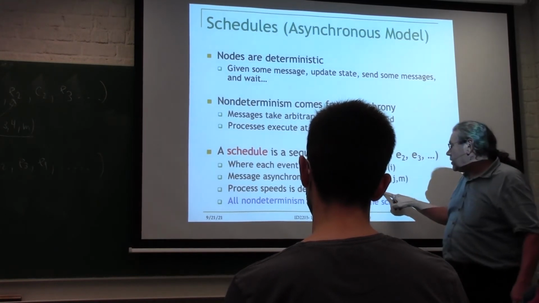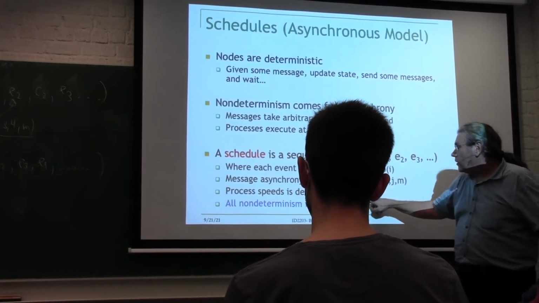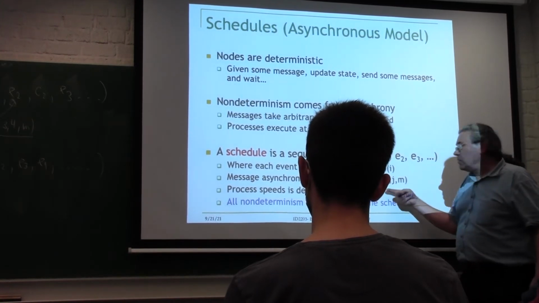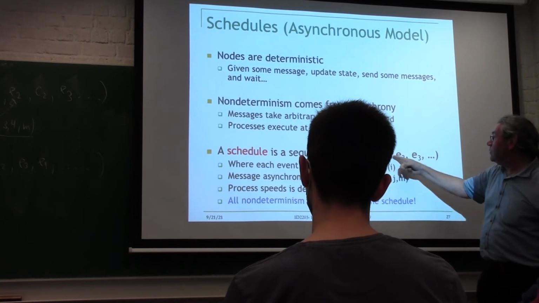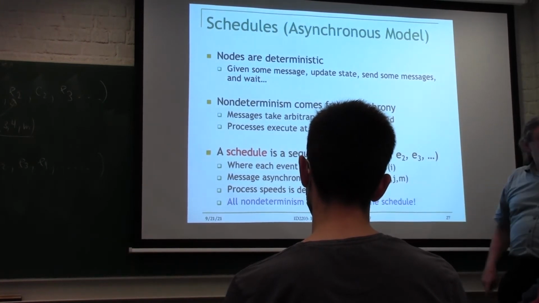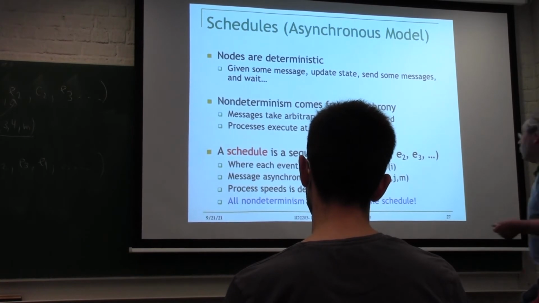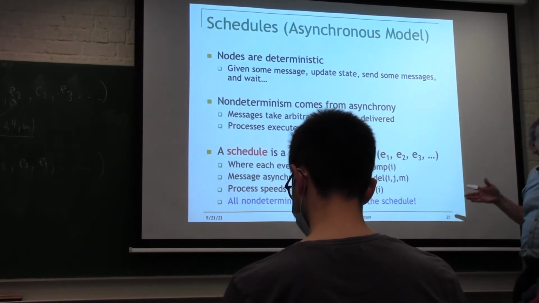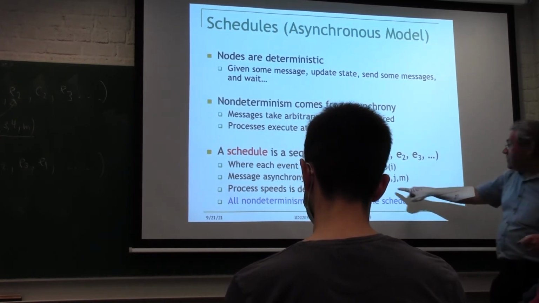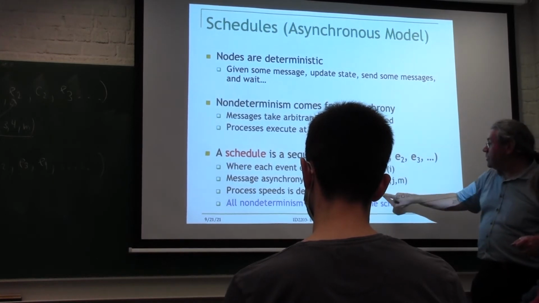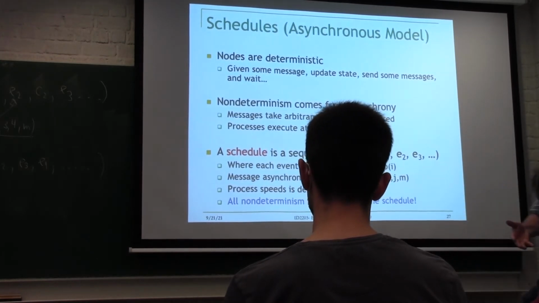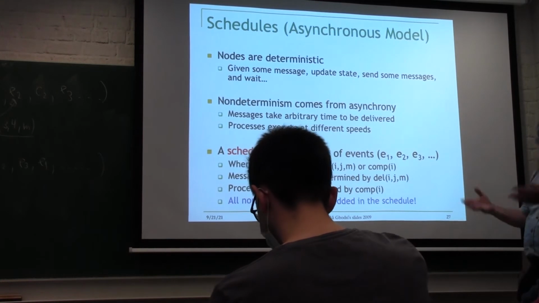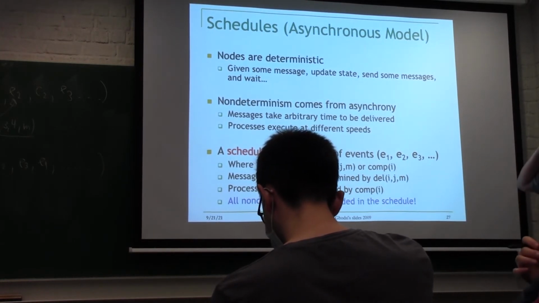The comp, another thing, is doing a local computation. But I don't tell you how long it takes, okay? A comp is any local computation in this model, okay? A comp event. Maybe it takes 1 millisecond, or 10, or 1,000, or 2 microseconds. In this model, we're not worried about the actual timing, okay? It's just a sequence. But you can see that the actual speed of a processor is determined by how long the comp events take. But we're not modeling it. In fact, in this model, we don't care about the actual speed, okay?